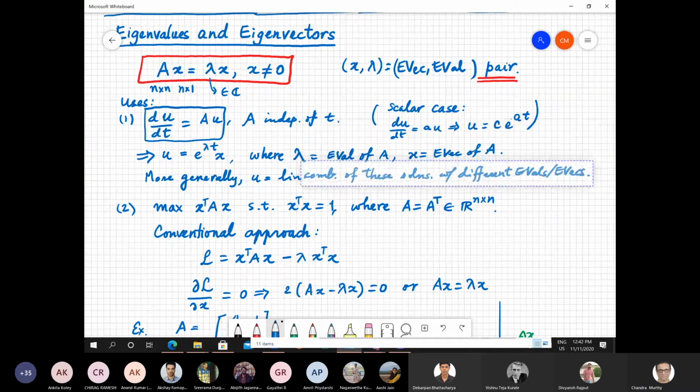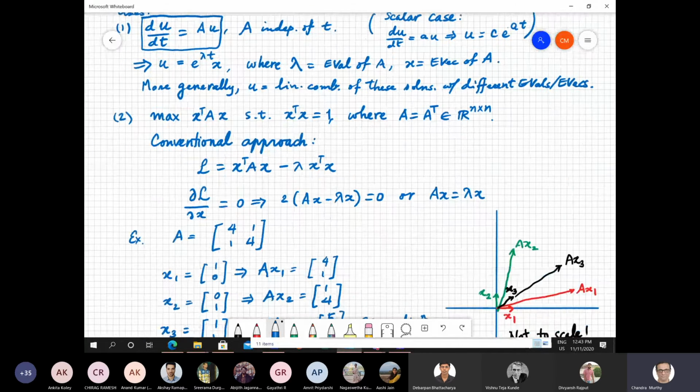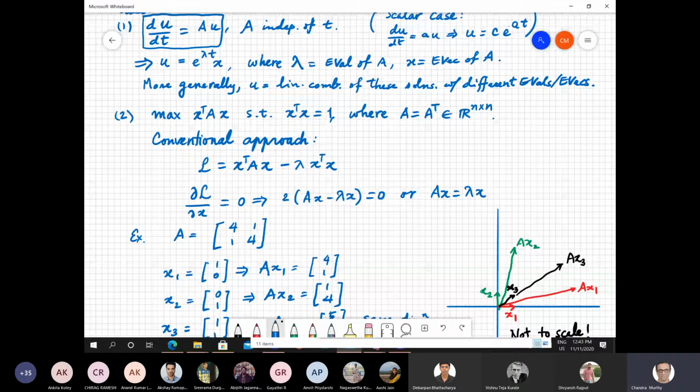Now, another problem is, suppose you want to solve a constrained optimization problem, such as maximize x transpose A x subject to the constraint x transpose x equals 1, where A is a real valued matrix which is also symmetric, so A equals A transpose. Then the conventional approach is to use the method of Lagrange multipliers, where you define this Lagrangian function